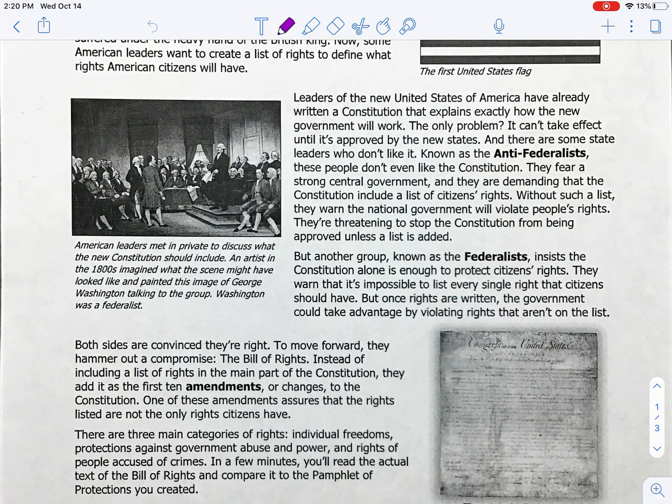At the Constitutional Convention, some groups are going to form. This group, known as the Anti-Federalists, are people who don't really like the Constitution. They fear a strong central government. They want a list of citizens' rights to be included. They're afraid that the Constitution will violate people's rights, and they're threatening to stop the Constitution from becoming approved unless